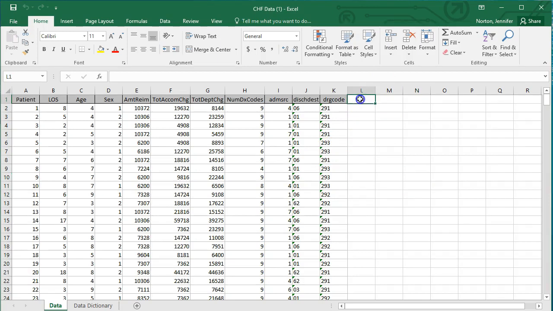So we are going to populate a field here called death, and this is going to identify our patients in our data set that died. So here we're going to need to create a calculated column, and we're going to do this by creating an if statement. And that if statement is going to be: if field J, column J, is equal to 20,